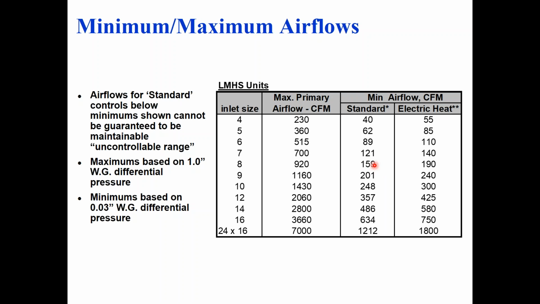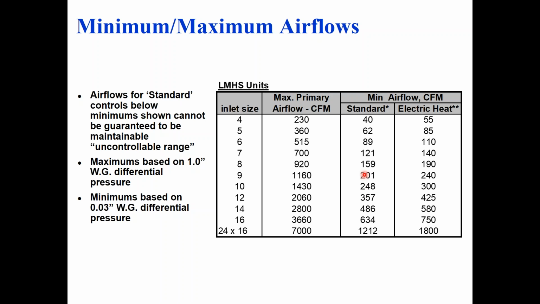Smaller dampers are easier to control in the lower range. Lower range meaning the 0 to 40% damper travel range. It is significantly easier to control if the damper is smaller, because now I'm not operating from 0 to 40, I'm operating in the 0 to 70% range or something like that. Smaller boxes are easier to control. That's true for VAV, it's true for VVT, it's true for balancing dampers, it's true for piping systems with hydronic valves on it. The smaller the valve, the easier it is to control the water flow at the low ranges of operation. Same with